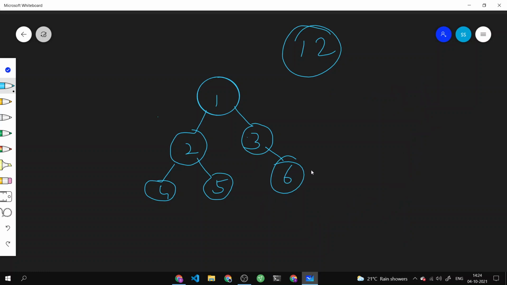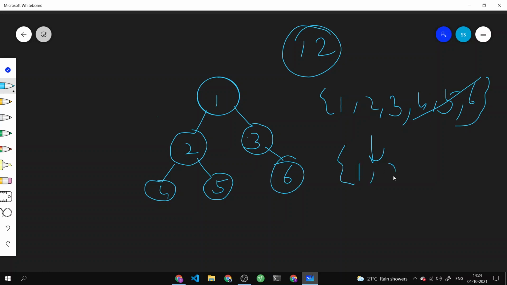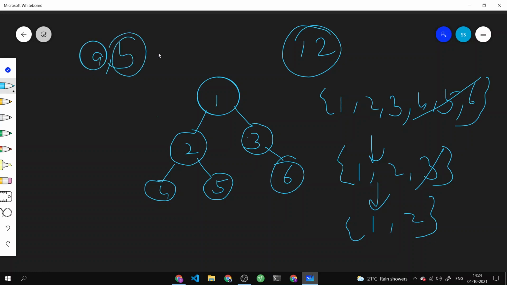So in this case, a probable kind of answer is that we might have the search space over here, which consists of all the elements. Now, when we have processed one query, we can discard three elements from here, and we will have 1, 2, and 3 over here. Then we can discard some more elements using another query, and we will be left with just two elements. Now, when we are left with two elements, we only have to output the two values as the final answer. So whatever the elements are in this search space are the final answer, because there are two elements left. So we can simply print 1 and 2 as the final answer.